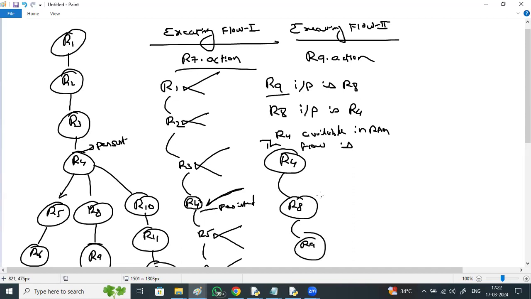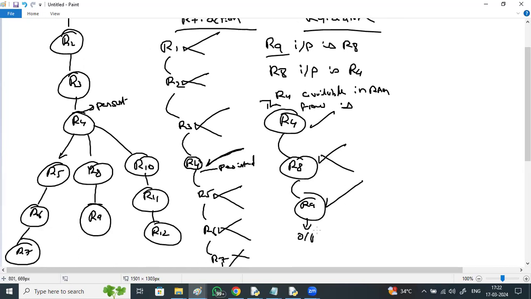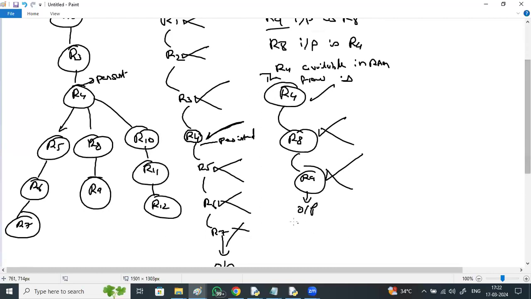First 4 steps decreased, right? So whenever you perform any action, first it will check from the bottom, from where I need to start the flow. If any RDD is already available in RAM, start from there. If not available, come from the starting. R9, R8 is ready, R4 won't get removed. This is ready, this gets removed. Once the output is collected, this gets removed. Now, the total flow is executed, R4 is in RAM still.